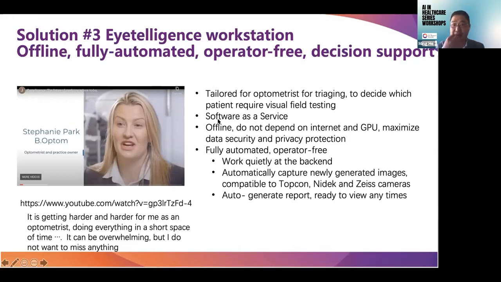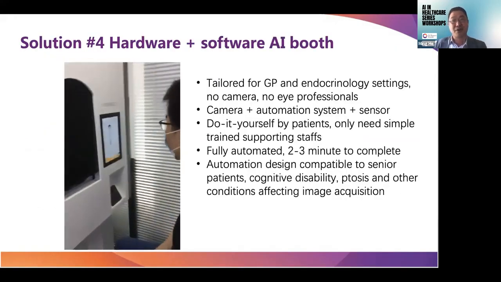Again, offline, we connect this SaaS AI system to the fundus camera, and then it's fully automatic. It doesn't require optometrists to do any additional manipulation. Whatever image you take, we'll generate the AI report for you. So it really helped to standardize the practice in the optometry setting, and also helps them see more patients without fall. So this is another example on